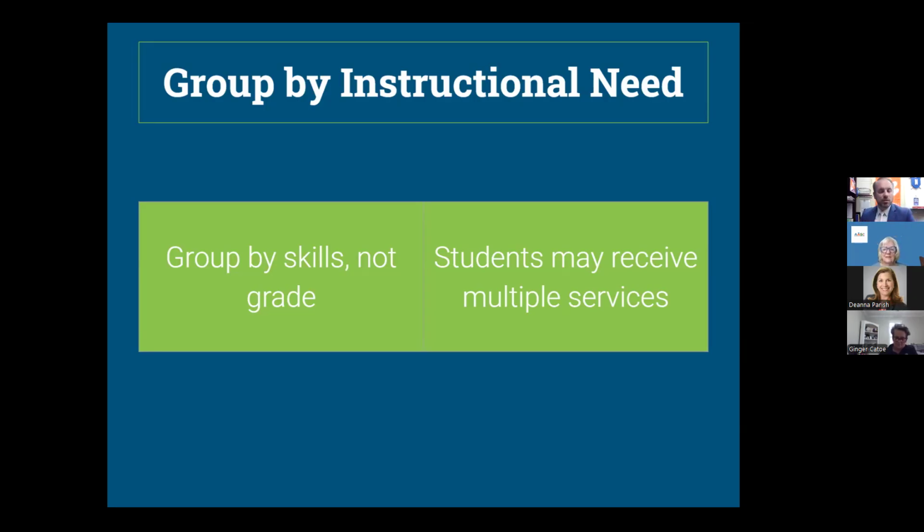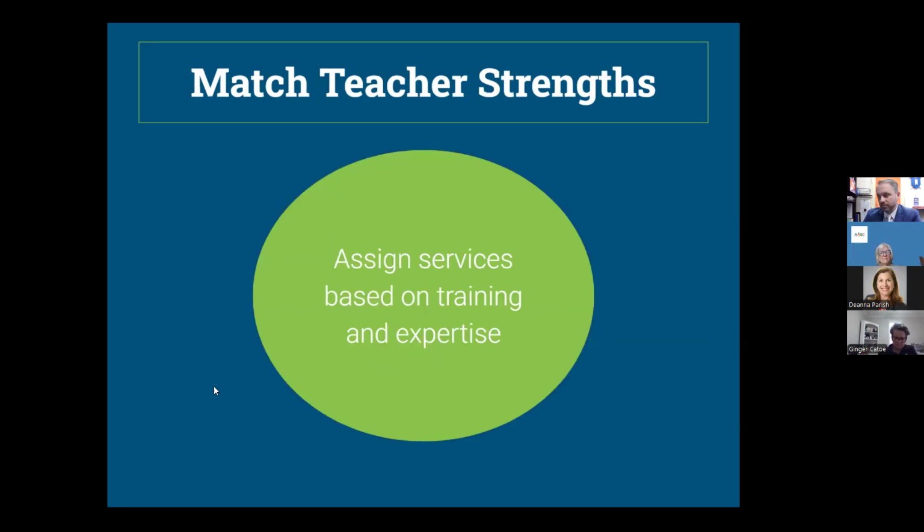So if you're flexible and you're thinking about that, especially if your resource teachers are overloaded, you can use those other teachers to help to be service providers instead of saying they're the case manager. They could maybe work them in for a writing group or a reading group or a math group in there too. And then, yeah, just know that you're going to have kids that receive multiple services, and what does that look like? Where are you taking it from?